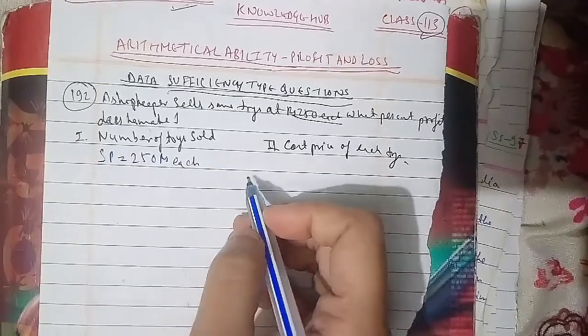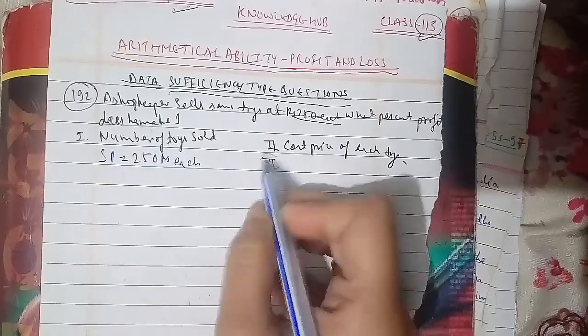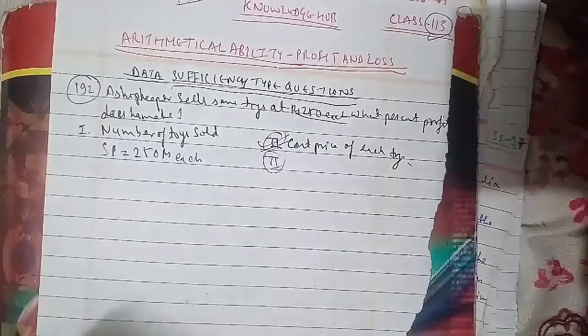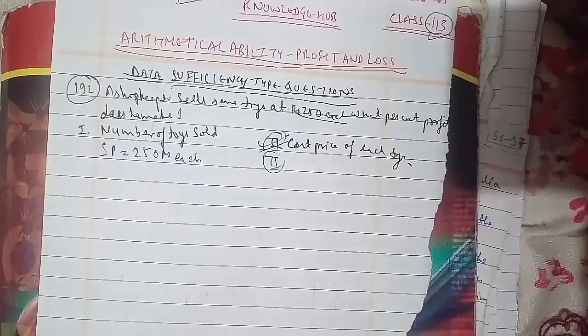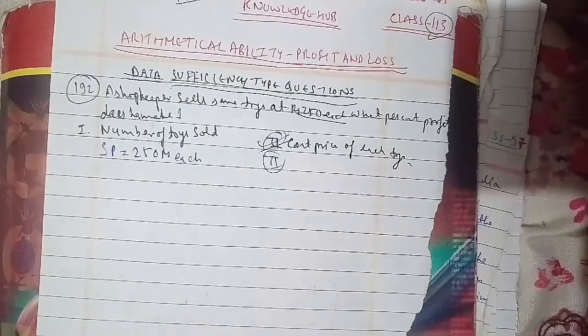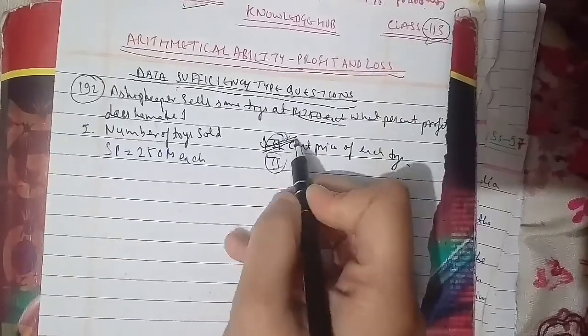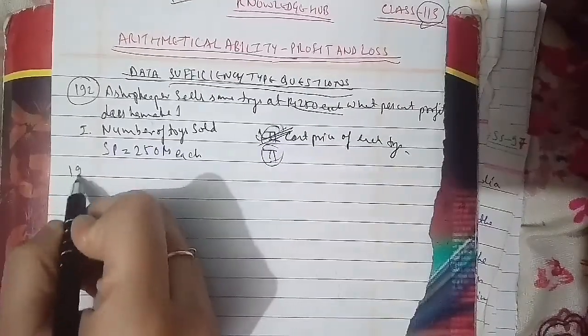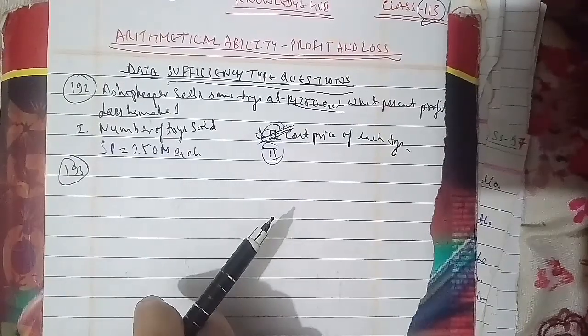Now we go ahead with the next question, the 193rd question of the session. The question is: a shopkeeper sells some articles at a profit of 25% on the original price. What is the exact amount of the profit that he gained? That is the question. To find out the answer, which of the following information